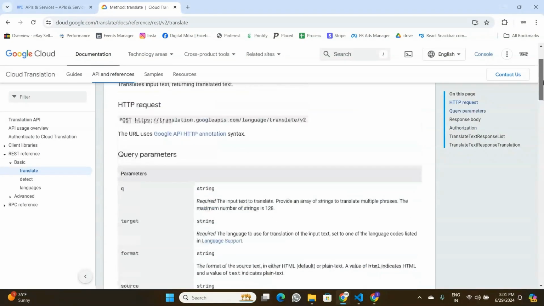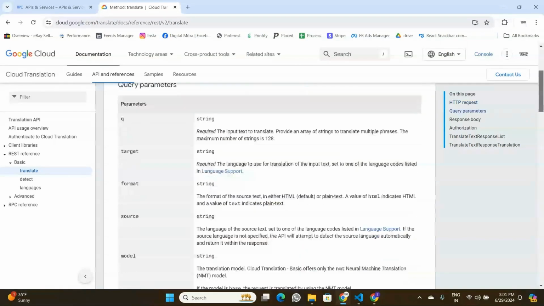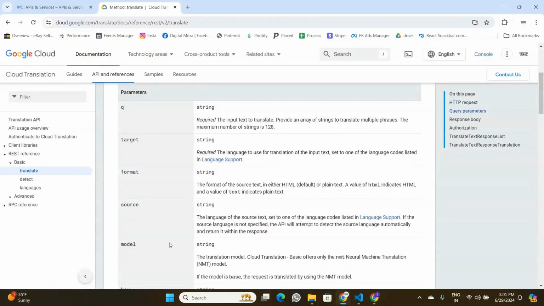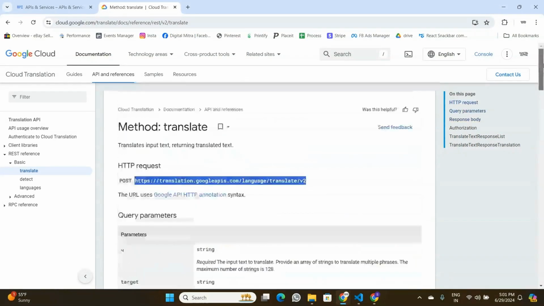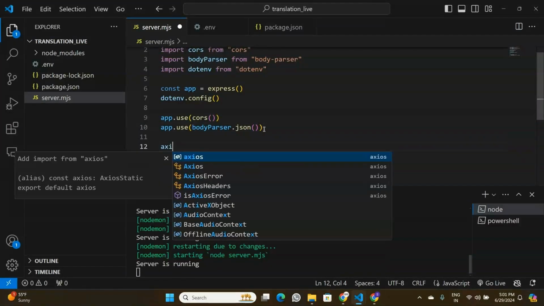This is a translation API. So that's the root URL that we are going to be calling to get the translation from the Google Translate API, and it's going to accept some parameters here. So that's the entire documentation. You can read more into it, and let's now just go to the Node.js application and make a call to this API. So I'll just copy this link, and in my Node.js application, I'm just going to write some logic